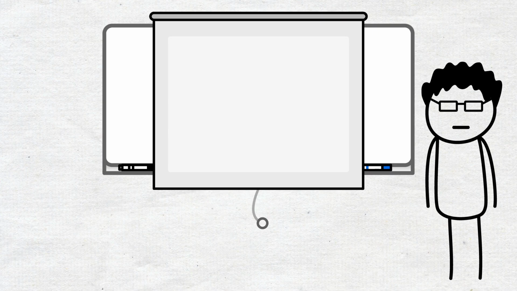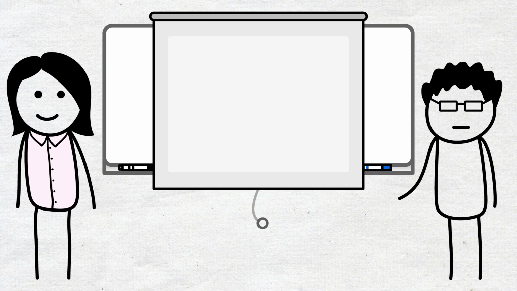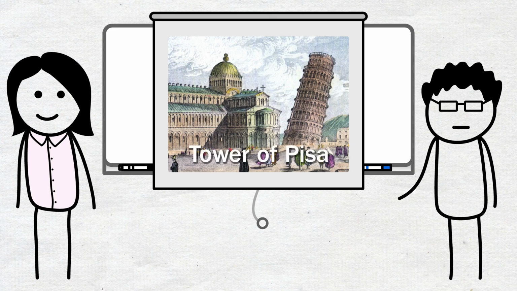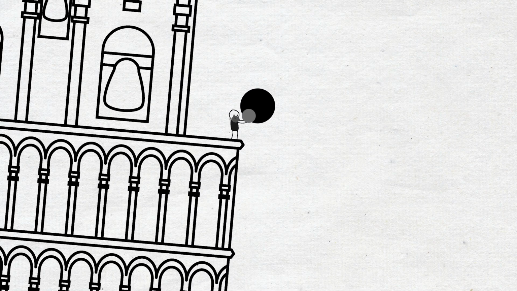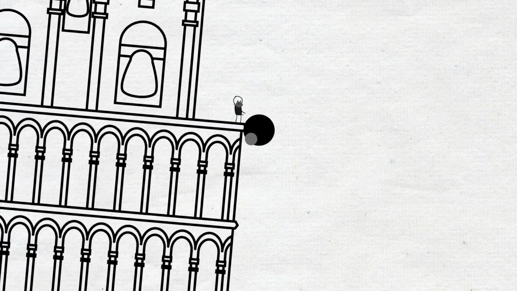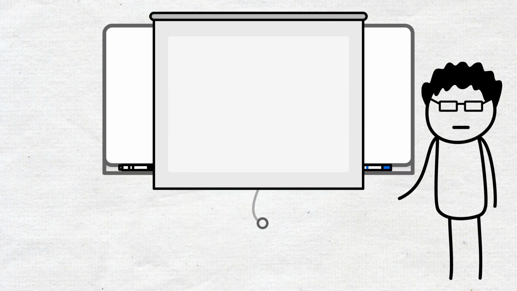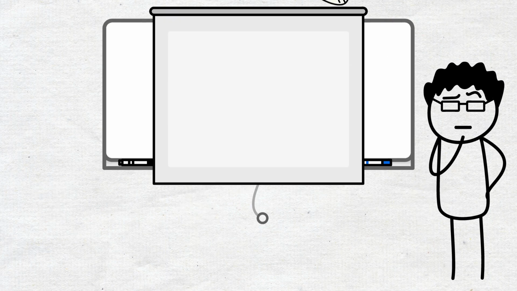If you've ever been in a basic science or physics course, your teacher may have done an experiment originally made by Italian scientist Galileo Galilei in the already leaning Tower of Pisa, throwing from great height two objects, a light one and a heavy one, with the purpose of showing that everything falls at the same time, no matter the weight. But why does this happen? I mean, it kinda feels like heavy things should fall faster, right?